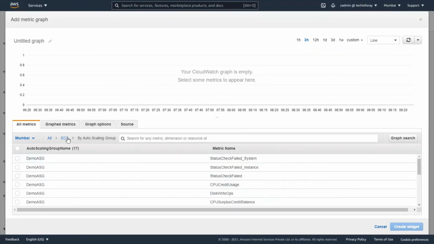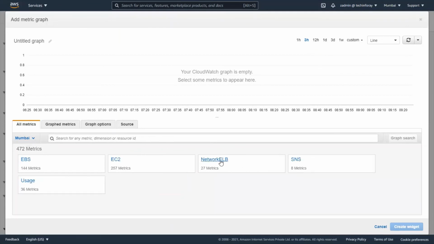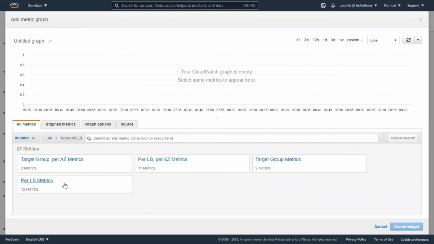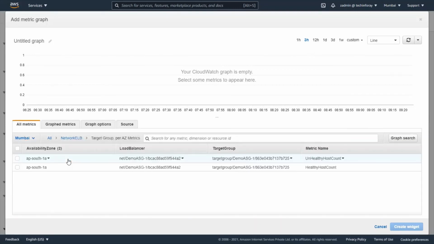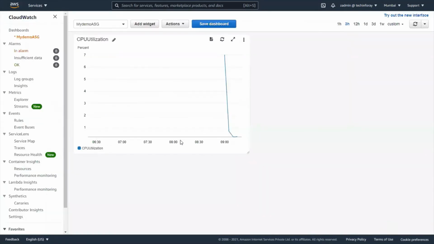So let's go to load balancer. We can add the number of active instances. Network ELB, target group. Yes, healthy and unhealthy counts. This will be shown once we add the load balancer in this.